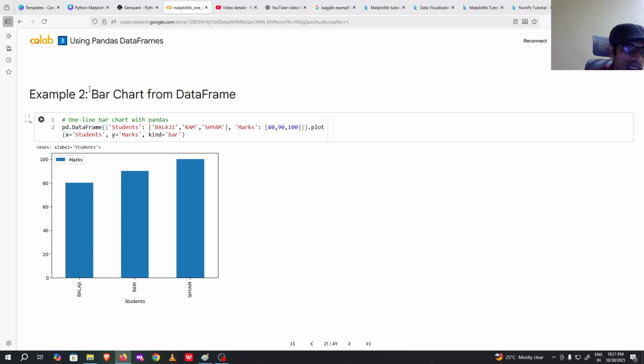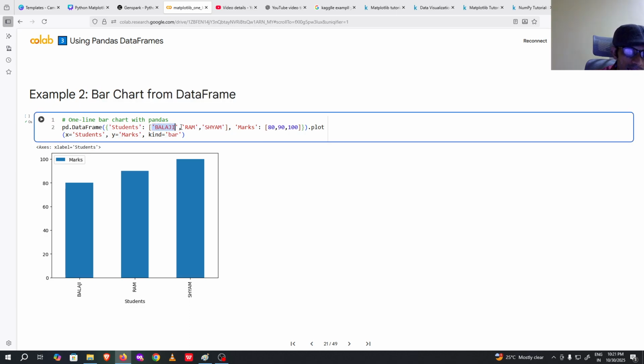Next is the bar chart. How to create a bar chart? Same, create a data frame. In the data frame, previously there was index 0, 1st, 2nd. Here the index is name: Balaji mark, Ram mark, Sham mark, and these are 80 marks, 90 marks, 100 marks. And for students, you can see physics marks. If I run the code,